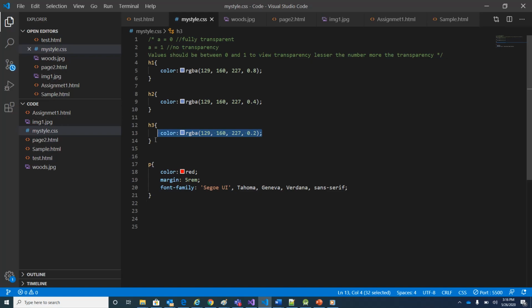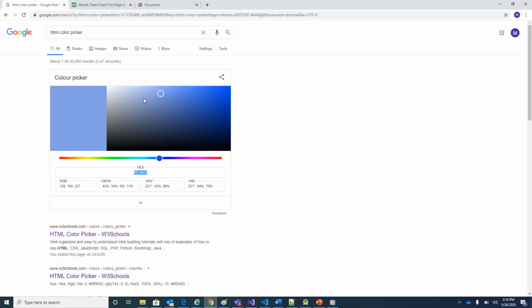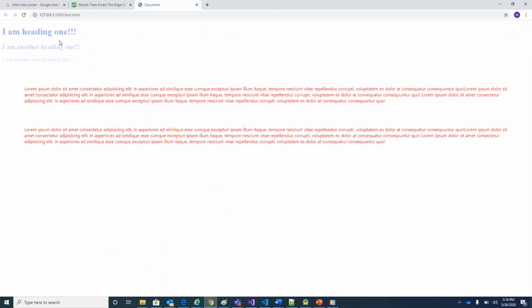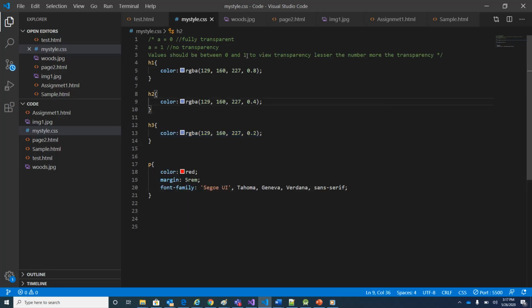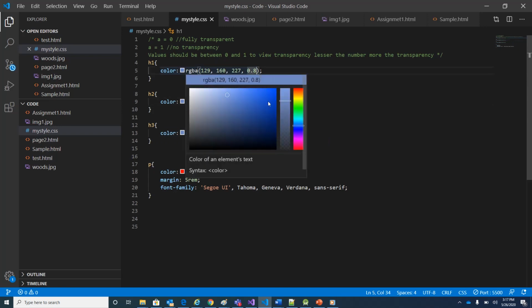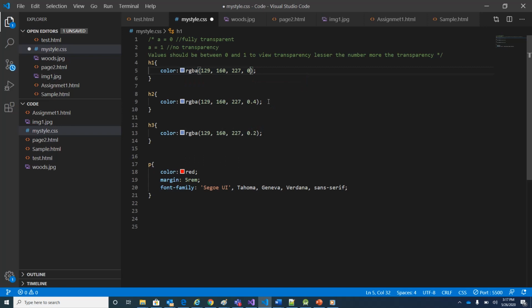Save your changes and now see the web page. If we see, this is the least transparent, this is more transparent than this heading one, and this is the most transparent among all these three headings. Also, as the slide said, this value can vary from 0 to 1. So if I say 0, it is fully transparent, that means it will not be visible.